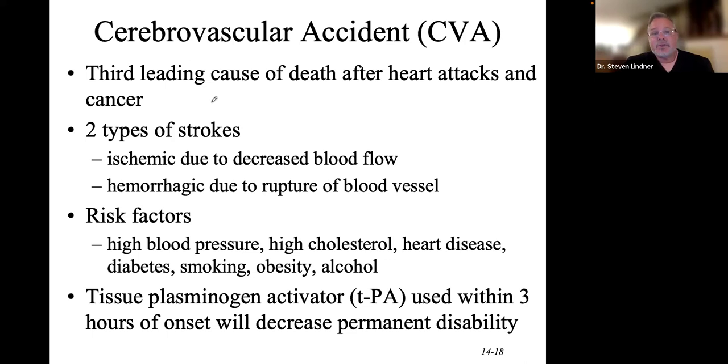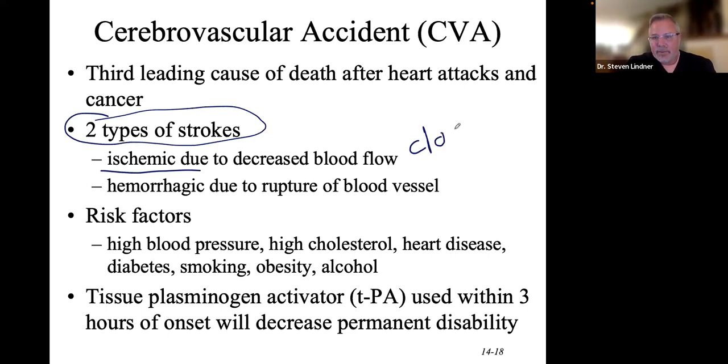Okay. Now, there's two different types of strokes that people can have. One of them is ischemic, which means there's a clot or a thrombosis, and the other is a hemorrhage, like the blood vessel ruptures. So whether there's a blockage or a clot, that will decrease the blood flow to where the blood was trying to get to in the brain, or whether there was weakness in the blood vessel, maybe